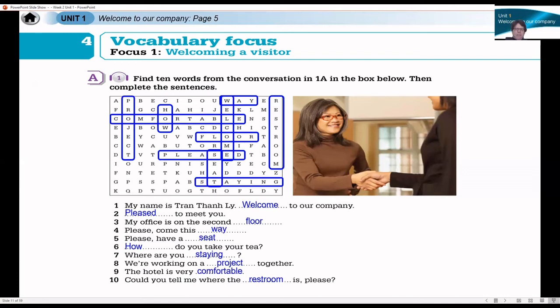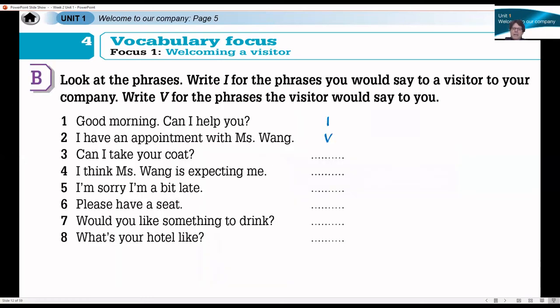Okay, as usual, pause or take a screenshot if you need more time now. All right, let's move on. All right, so this is welcome, etc. So, write I for the phrase you would say,